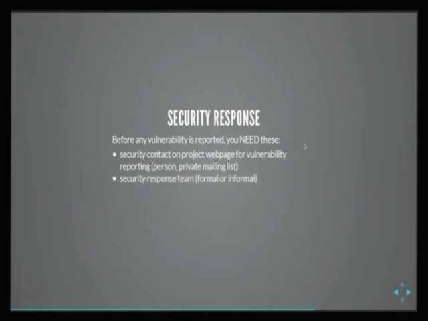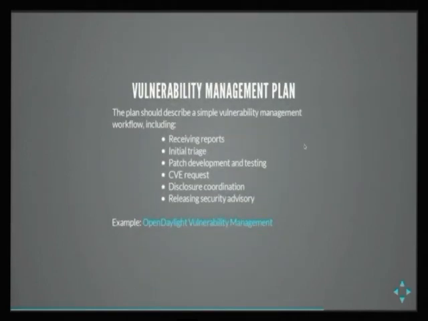It doesn't matter whether it's formal or informal. It can be one developer who is dedicated to fixing the security flaws and handling the response. And you also need a clear vulnerability management plan. There is a good example in the OpenDaylight vulnerability management plan written by our former colleague. It's very readable, and I suggest you take it as a good starting point.